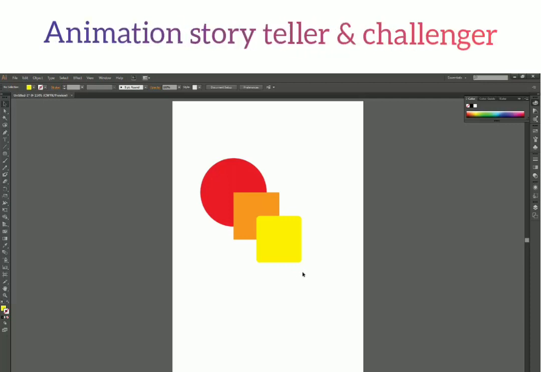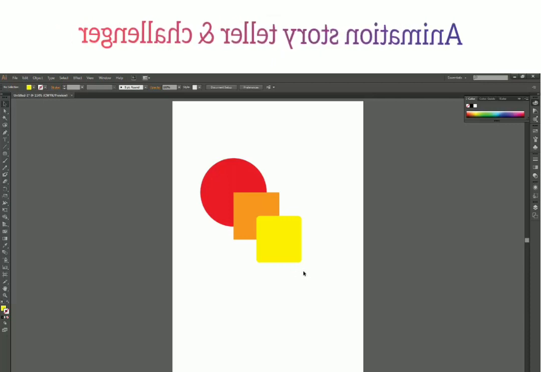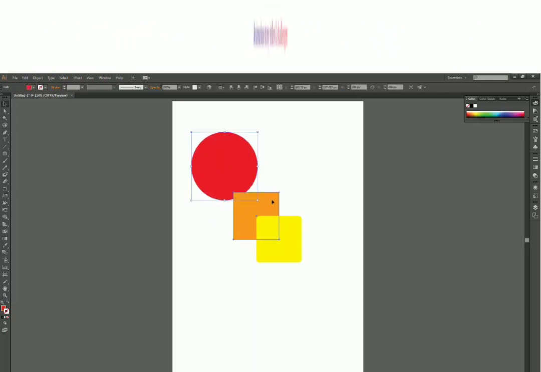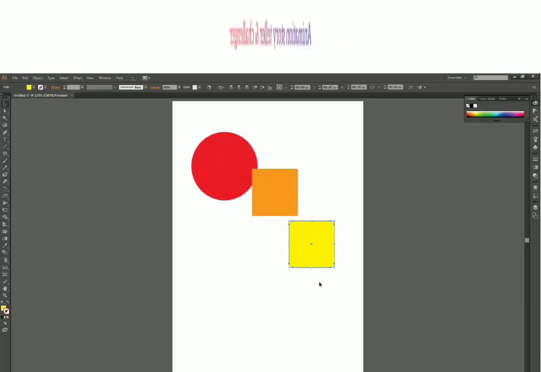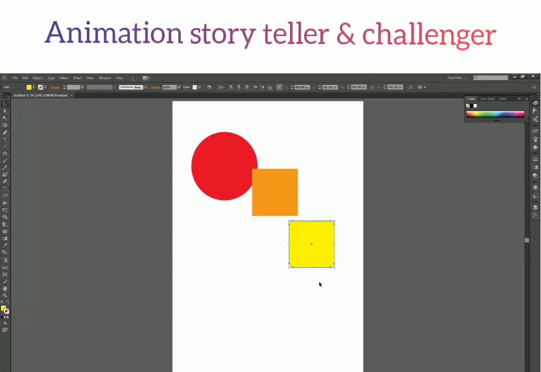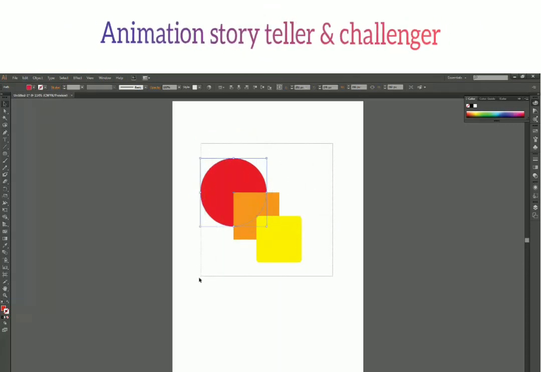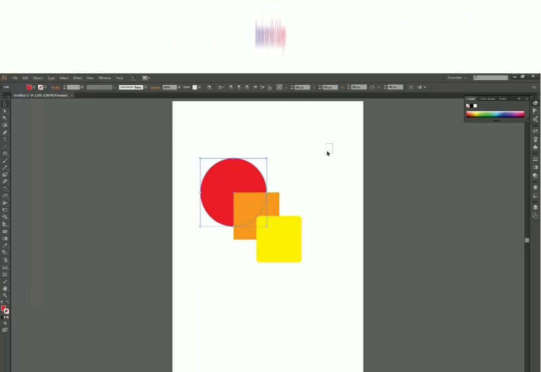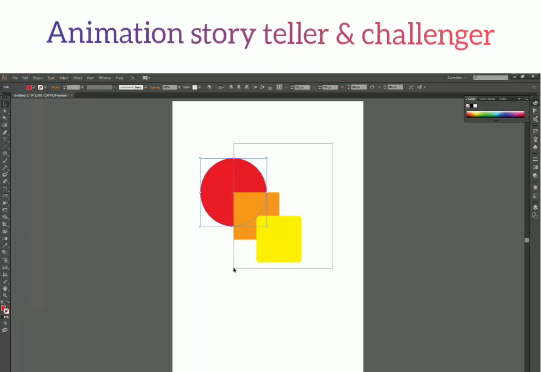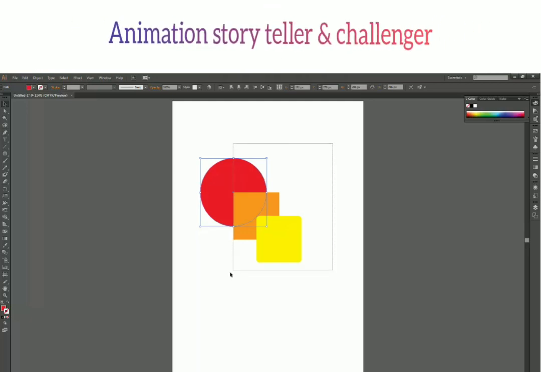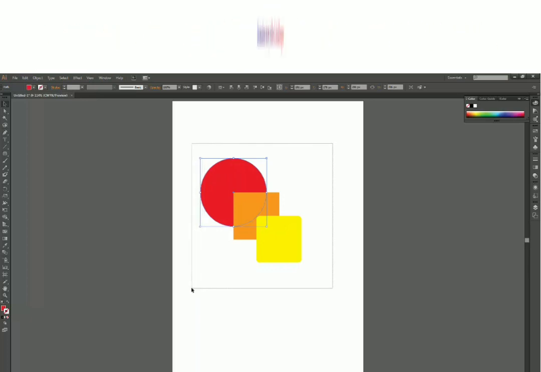Okay, so now if I am to move these shapes, then one thing I can do is select these shapes and move around. Now if I want to move them together, then what I can do is I can select all of these. I can just drag my mouse, so whatever shape touches this rectangle or falls inside this rectangle will get selected.